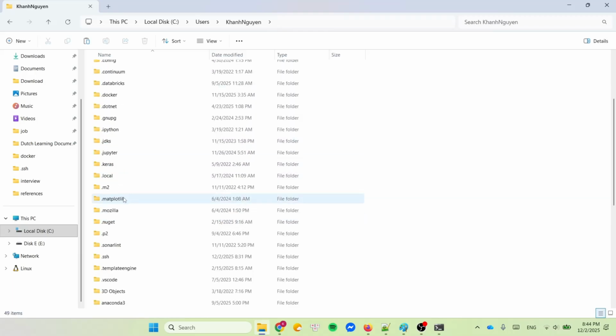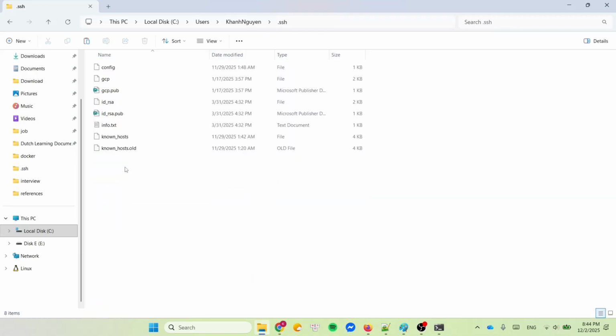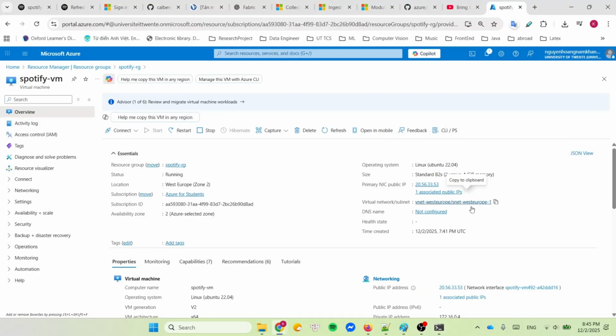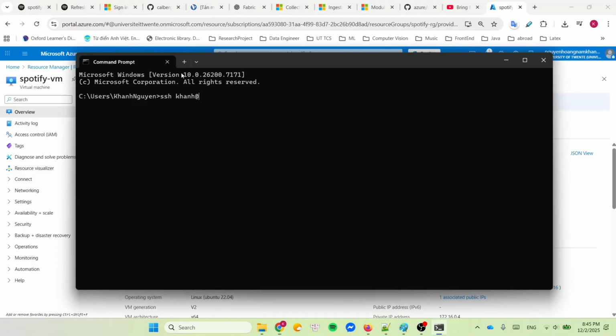Here you can find .ssh. Paste it into this, and now let's try. We can SSH to the name of my virtual machine, which is my name at the IP. You copy, yep,